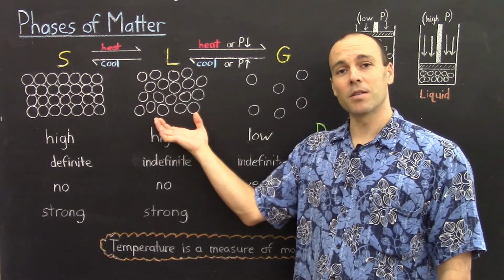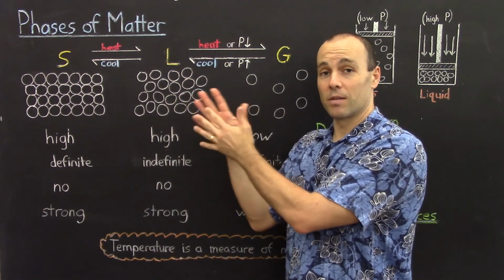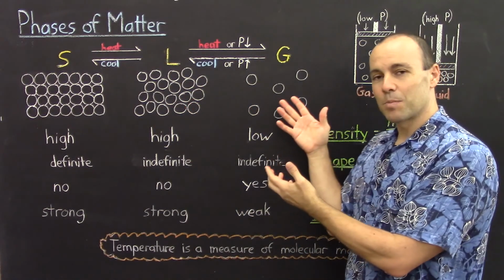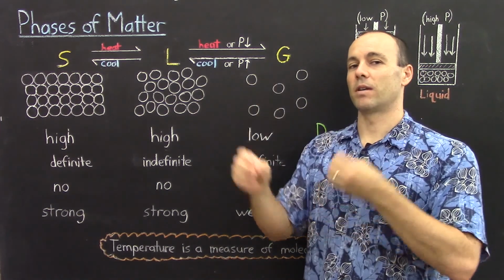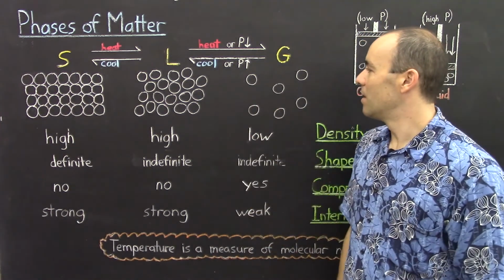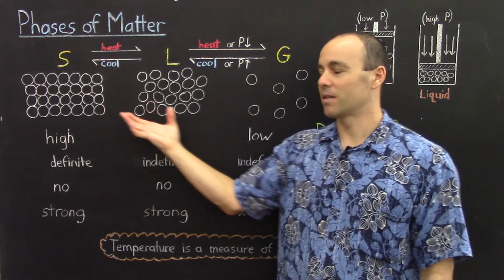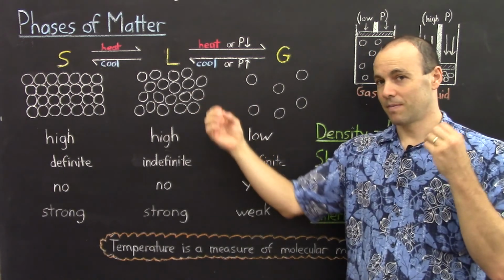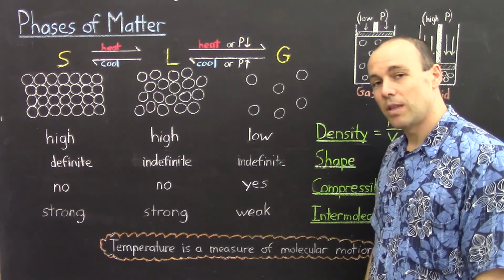Liquid particles are also held close together. However, liquid particles have the freedom to move around. Gas particles are basically flying around independently of one another. Gases are very different from liquids and solids in that aspect. The particles are far apart. Some other distinguishing properties between these phases are,